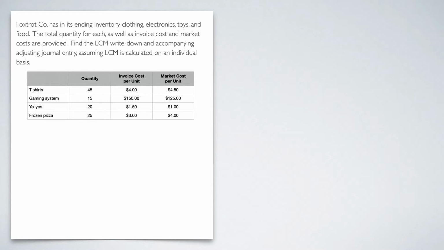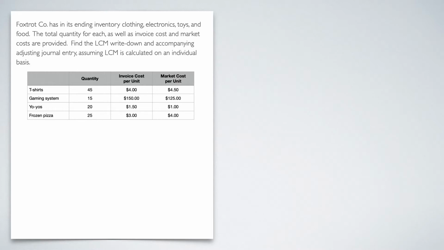Like I told you in the previous video, this can be done in 3 different ways. It can be done in individual inventory, it can be done in groups or classifications of inventory, or it can be done as inventory as a whole. In this video, I'm going to show you 2 of those 3 methods because the categories are fairly similar to the individual inventory. So we're going to be doing it as an individual inventory and as an inventory as a whole. But in this one, we're just doing it individually.